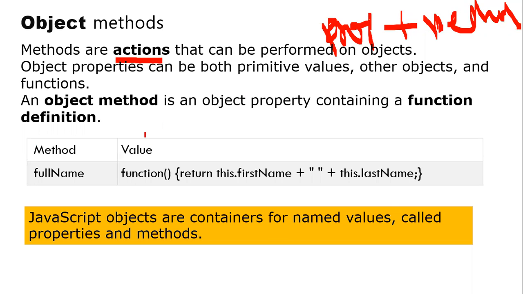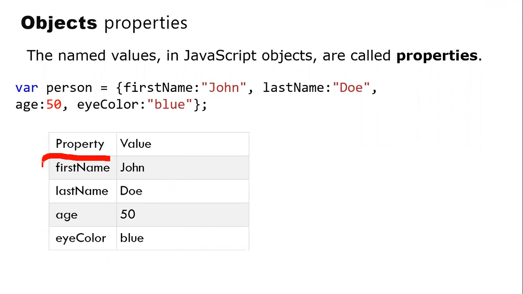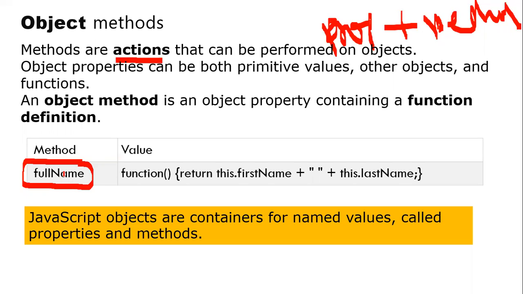So for example, let us say that you want to define a method in an object called full name. Now, when I define this method called full name, what I want is a method that should return both these values combined together. So what are those two values? First name and last name, both should be combined and returned. Then I'm going to define one method. So remember, methods are nothing but the actions that you are defining for the objects.